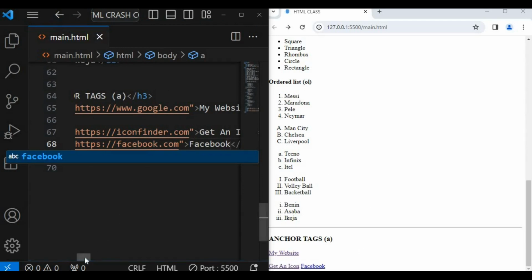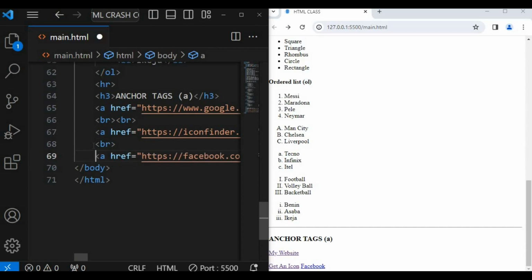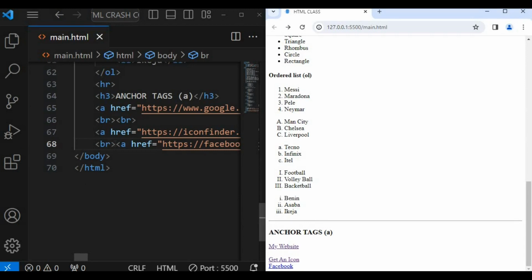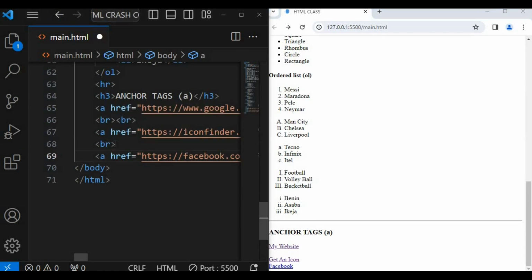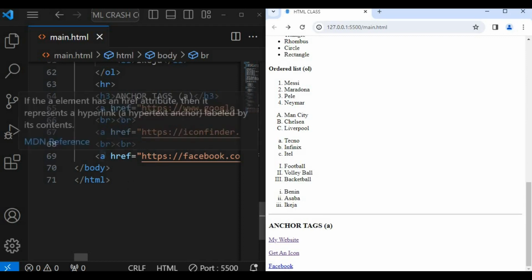So what can I do? The BR tag. Once I save it, it's just going to put it in a new line. So I'll come here and put another BR tag so that there will be no space in between them, which is good. If I click on this Facebook, it is going to take me to the Facebook site, but it's not every time that I want someone to leave my website and go to an external website. So what you can do is just put